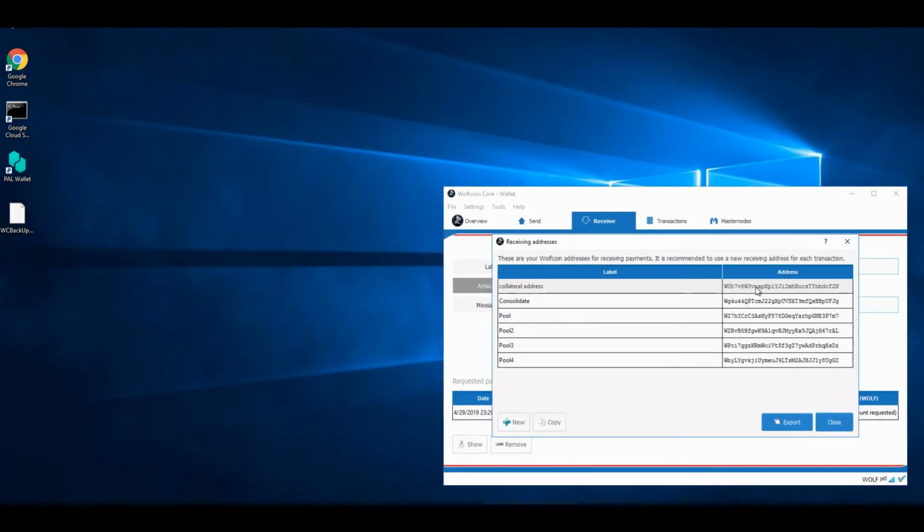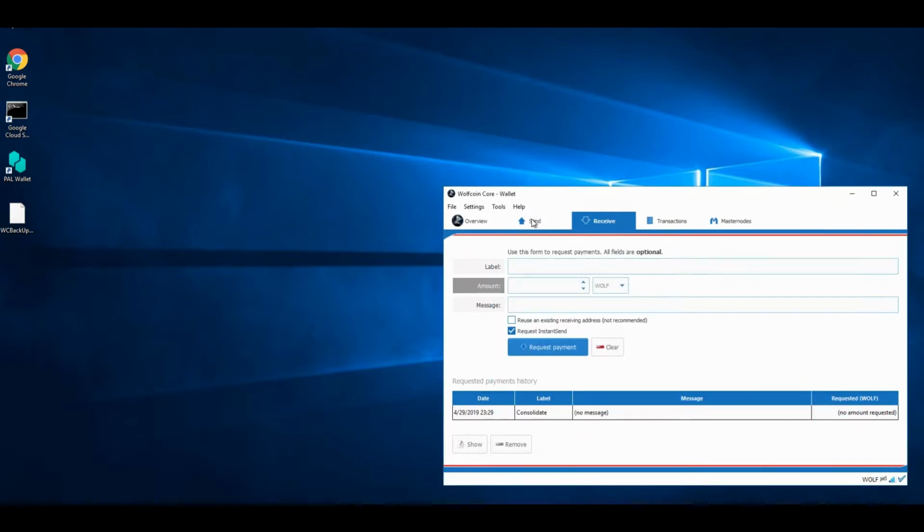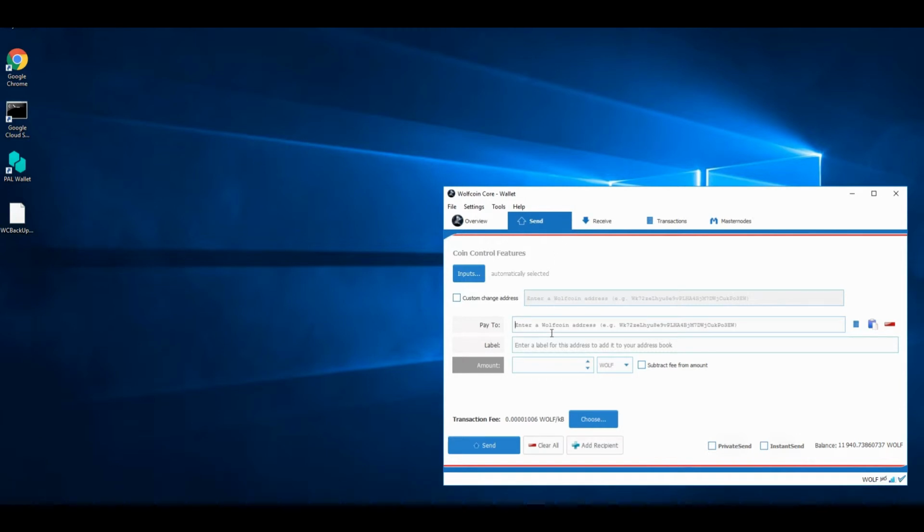Let's just make sure that we have the right address. I'm going to copy the address, close this, and we're going to go to send. And we're going to paste that address. The name is here, collateral address, and we're going to send